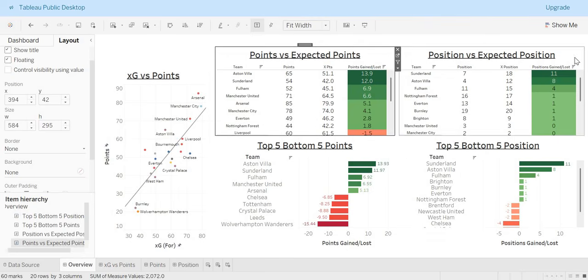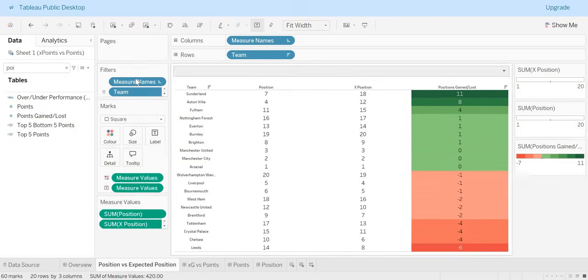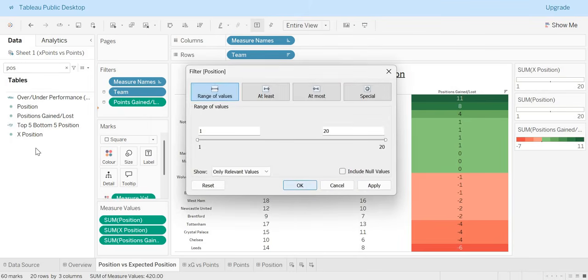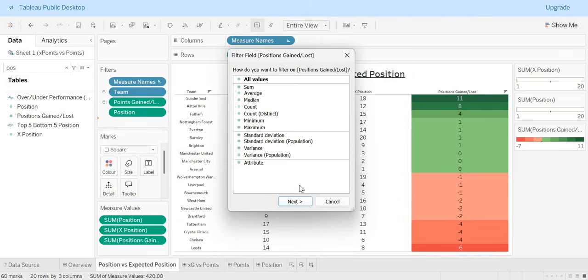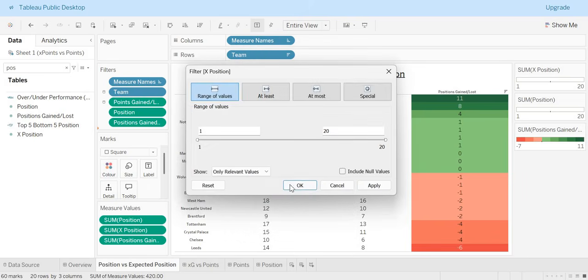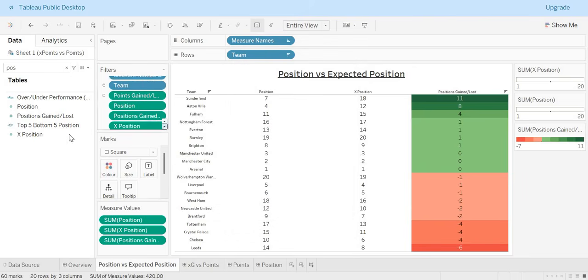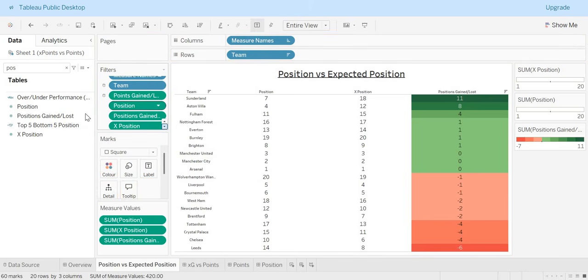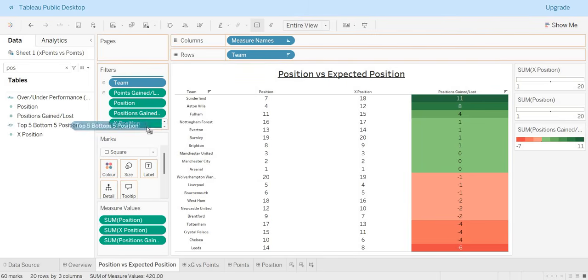And for position, you probably want the same thing here. So you probably want your positions gained lost, expected position. And then we can also add in our top 5, bottom 5 position in there. Sorry, we've already got that to be fair, but we can drop that in there